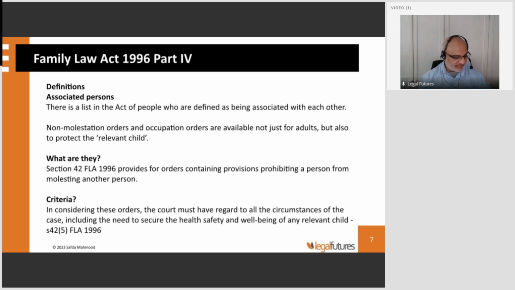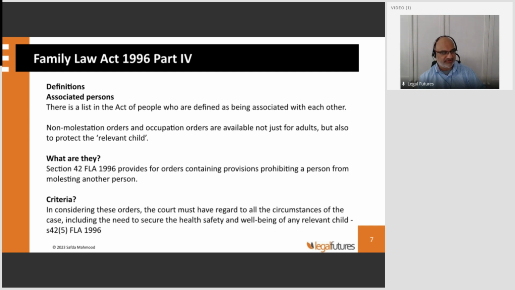Now, first and foremost, then, to really understand this area of injunctions in personal protection and looking more at the enforcement side, you need to understand, of course, what type of orders are first and foremost even available. So then, we need to understand that so then we can think about enforcement of these. So a lot of what I'll be talking about today is contained within the Family Law Act Part 4. So this is the Family Law Act 1996 Part 4.